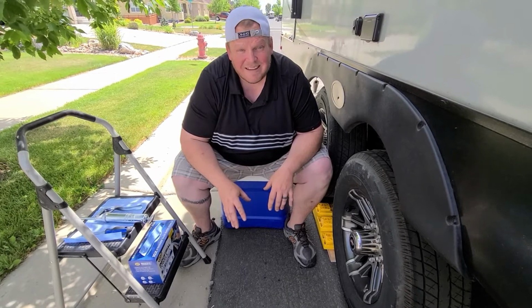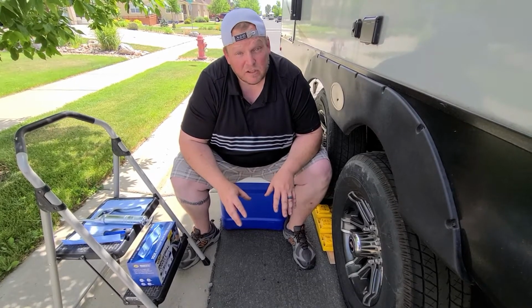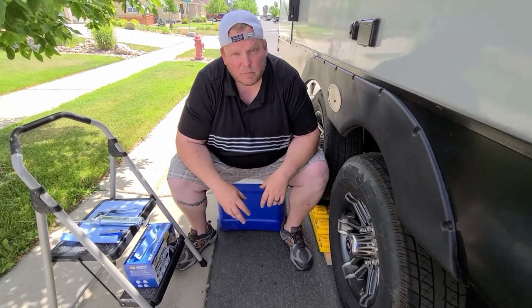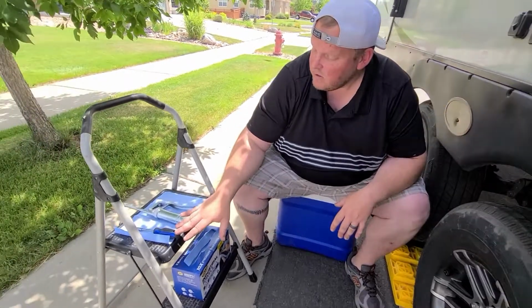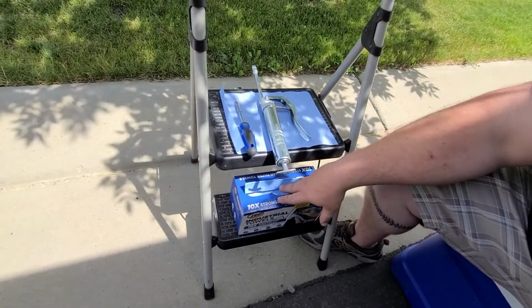I highly recommend it. If your trailer doesn't have an EZ-Lube system, you can get your bearings professionally greased and packed, or Bearing Buddies makes a great aftermarket product as well. But I want to get into doing the Dexter EZ-Lube System. All you need is a flathead screwdriver, a grease gun, and I recommend some shop towels because it does get